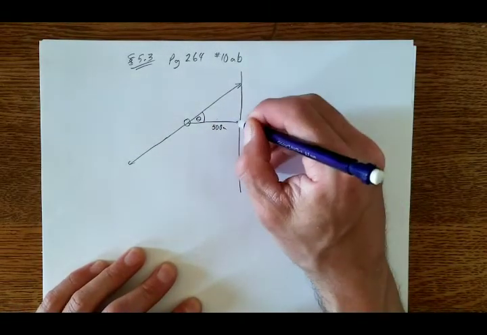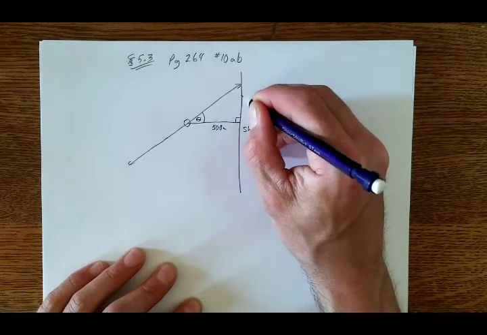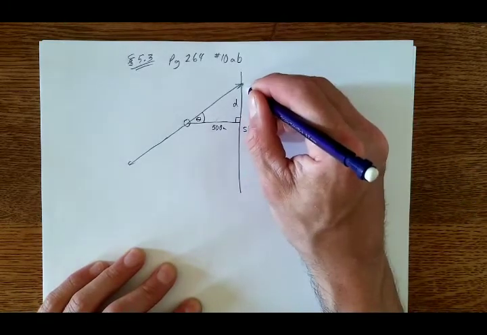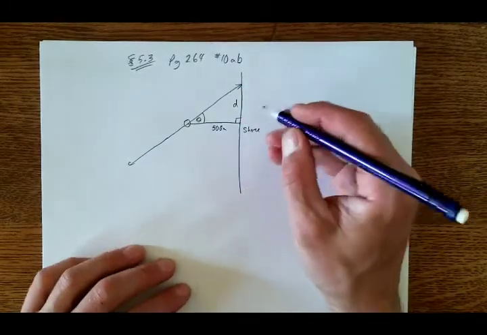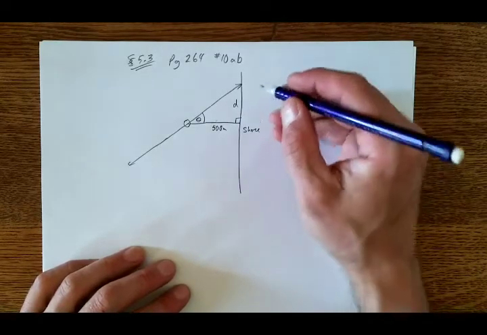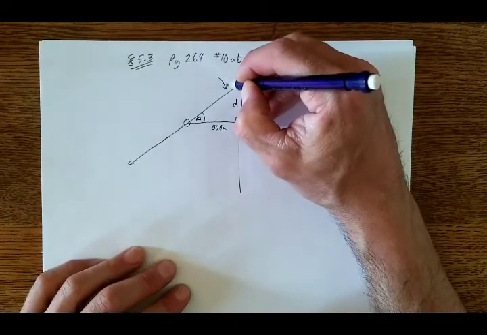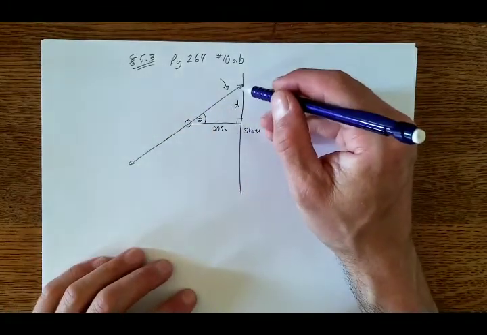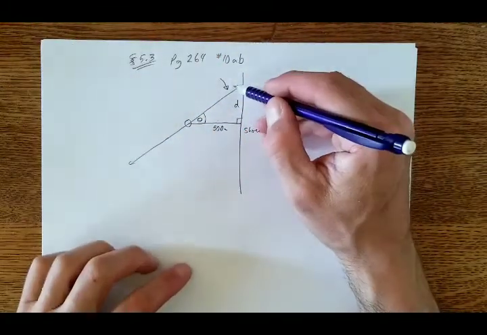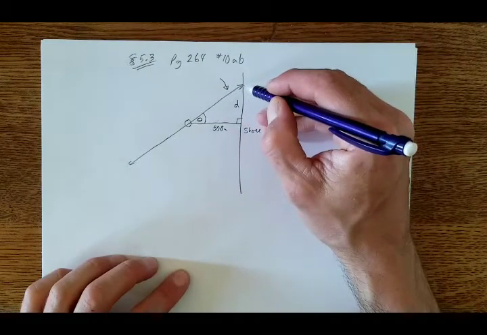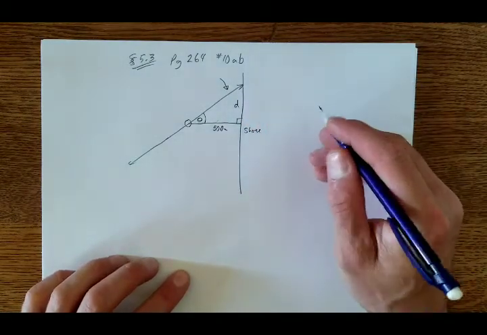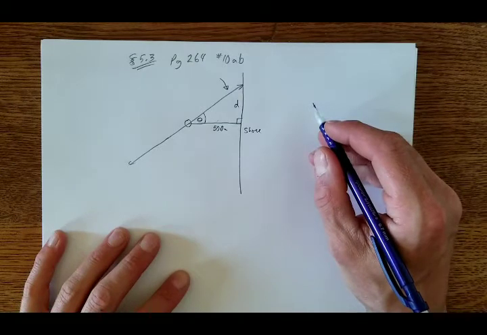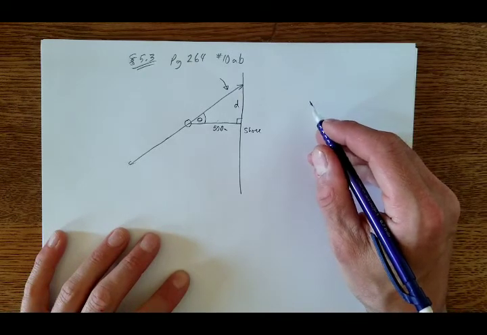And then this one is 90 degrees, and this distance here is d, from where the light is shining to where it is here. Now we can imagine that the lighthouse is rotating this way, but it doesn't really matter because as it comes through, it'll change distance. And so the question is, determine the equation that expresses the distance d in meters as a function of time